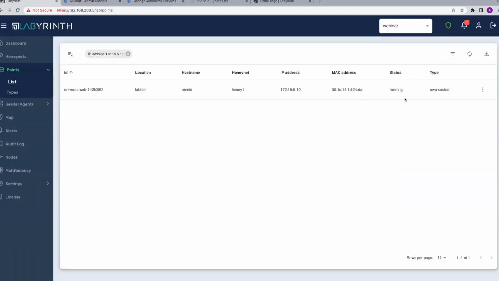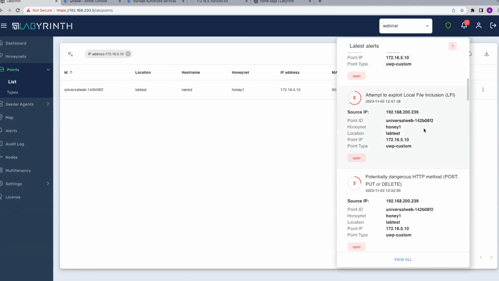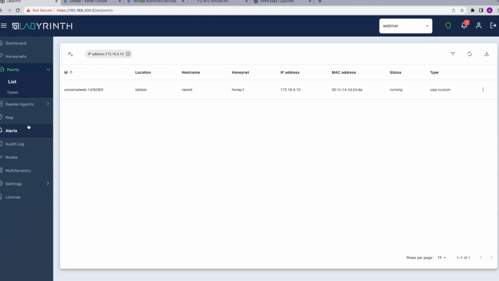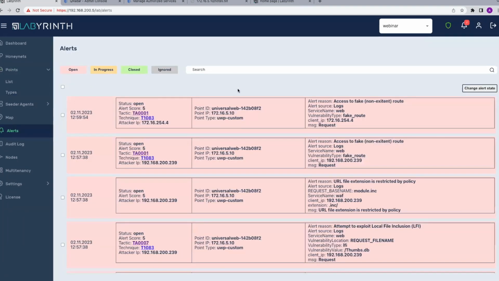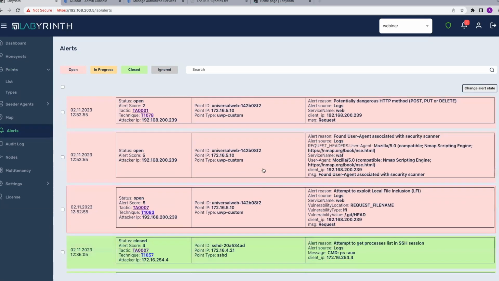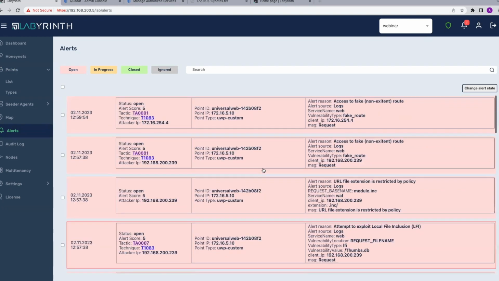We already have some alerts. We'll see it from here, so you can get a quick view from here, really quickly in short form. And in addition, if you would like to see it in full mode, you go to the alerts and see what's going on. We can see that each step that we performed actually took place in our alerts,